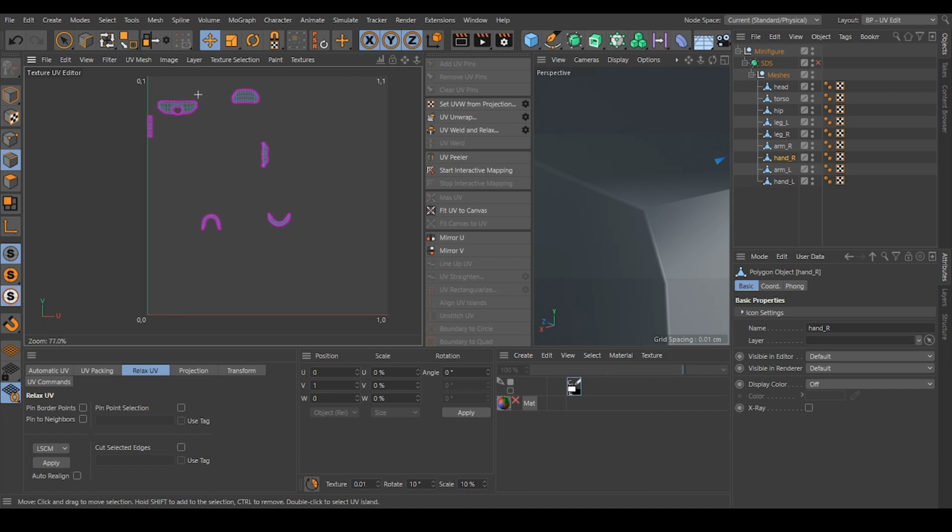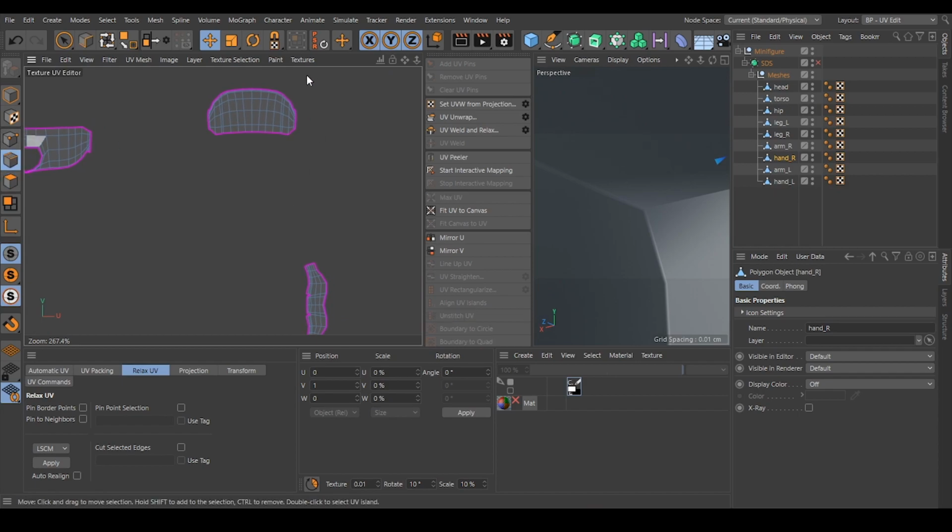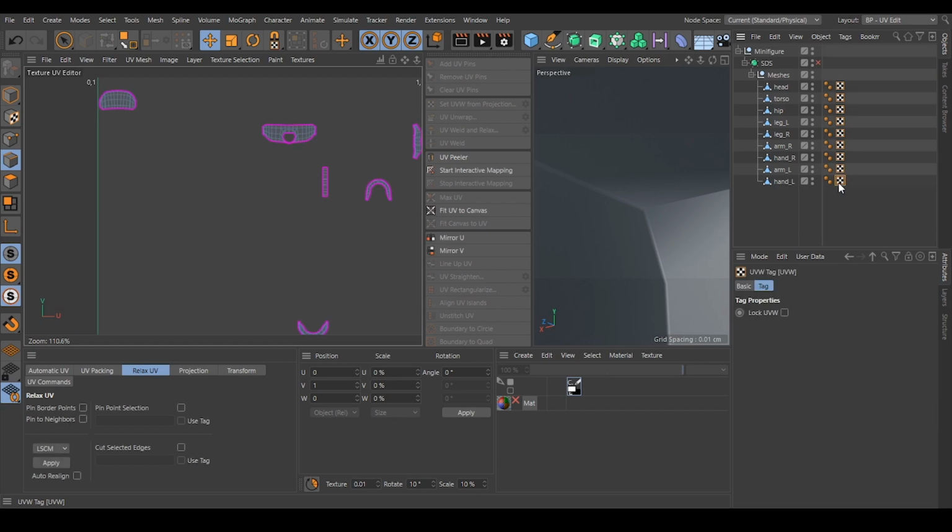and take a closer look at the hand right. And I think, yes, it's okay. Maybe we can try the UV Rectangularize for this one. Okay, it doesn't work. Try the LSCM, and I think it's okay. And now we align this a little bit better. Okay, nice. Let's delete the hand left and copy the hand right UV tag to the hand left